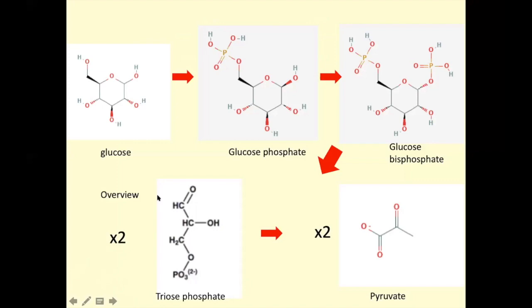So in glycolysis, we're going to start off with glucose. We're going to phosphorylate it here to form glucose phosphate. And we're going to phosphorylate it again to form glucose bisphosphate. Okay. And so our first point about this will be that's a bad start if you're trying to make ATP,